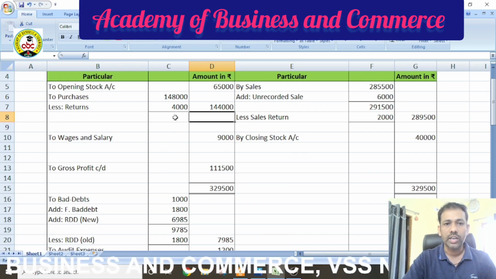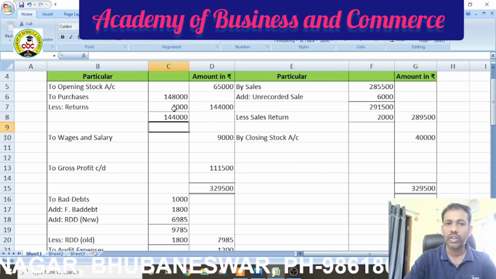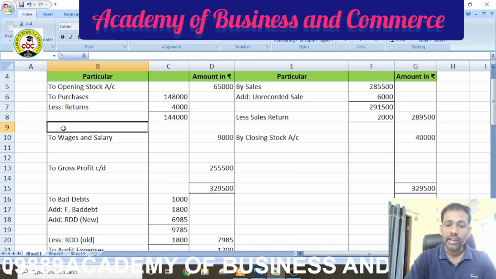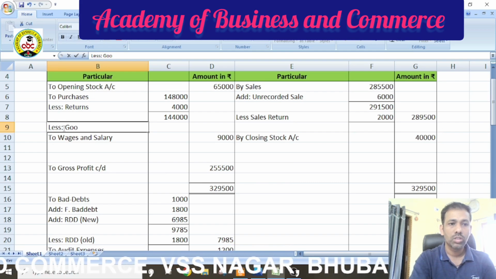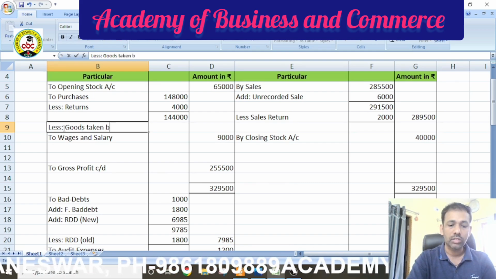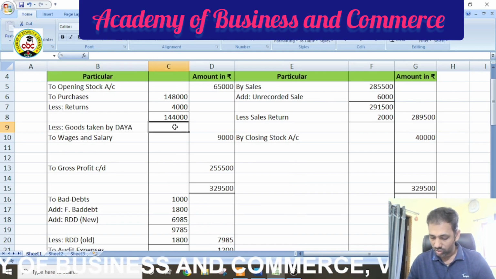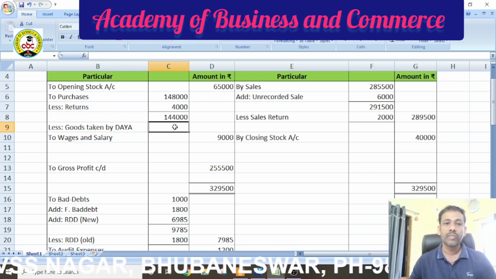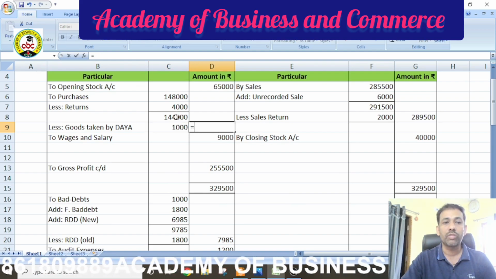So first we have to audit this total amount 1,48,000, then minus 4,000 you get the net figure 1,44,000. Here we have to delete it. Then less goods taken by the partner, which is given in the adjustment, and the figure is goods of 1,000 was taken by the partner for personal use. So that 1,000 you have to deduct here and take the final figure in the outer column, that is 1,44,000